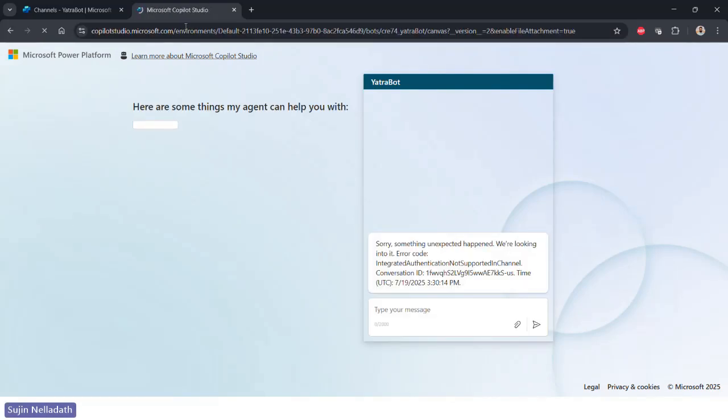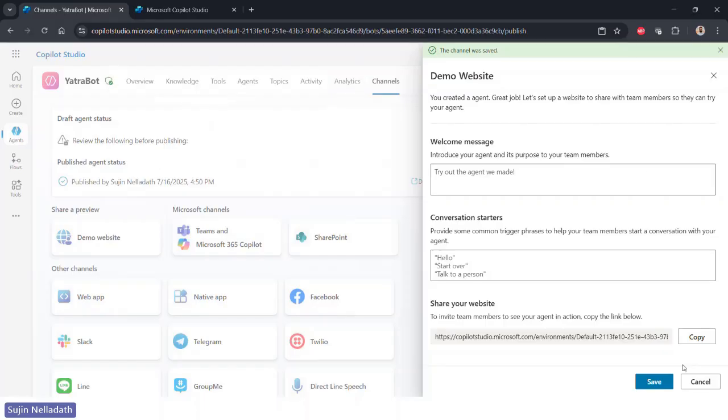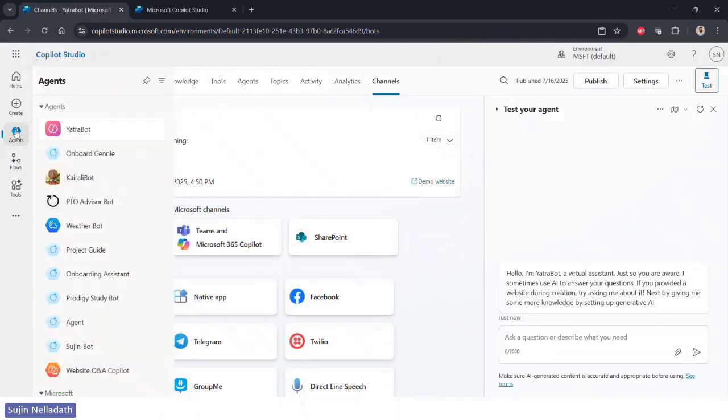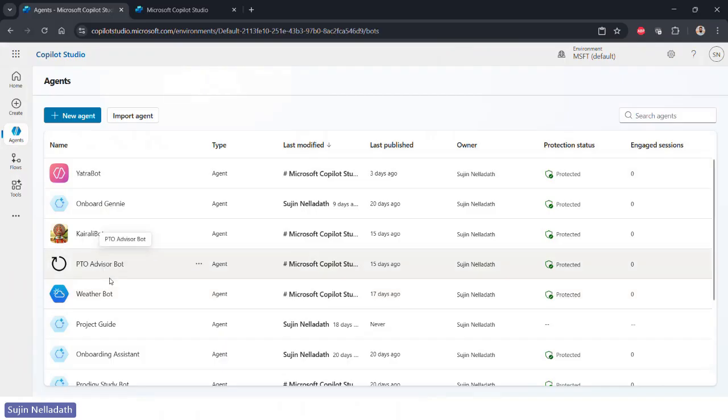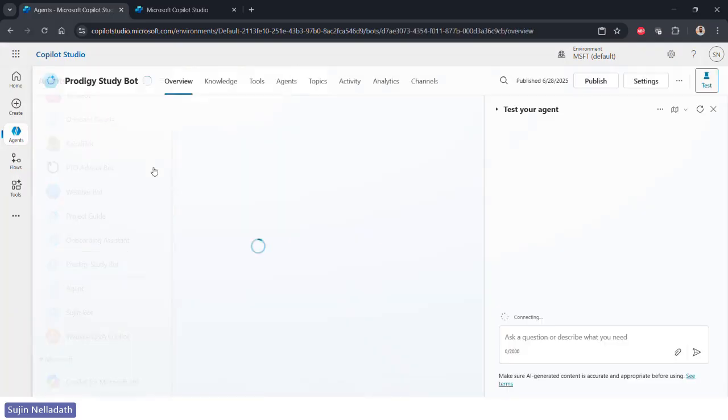Something unexpected. That's weird. It's all about the timing. It's all about the matter of replicating, but it's fine. Let that replicate. So I probably can show you some other board that I have created with a different purpose. I just created a study board,